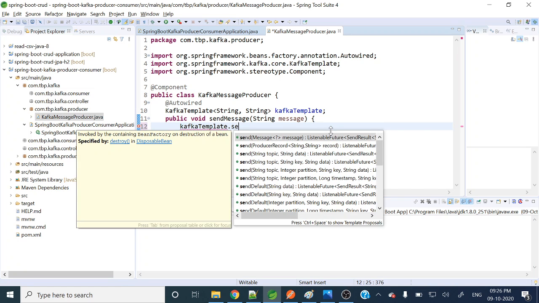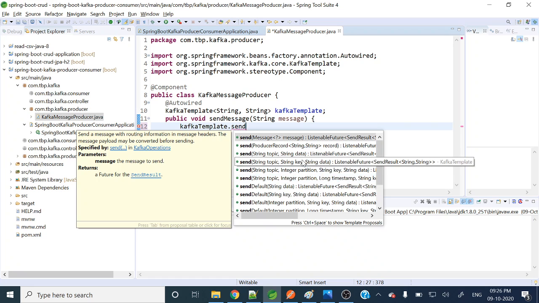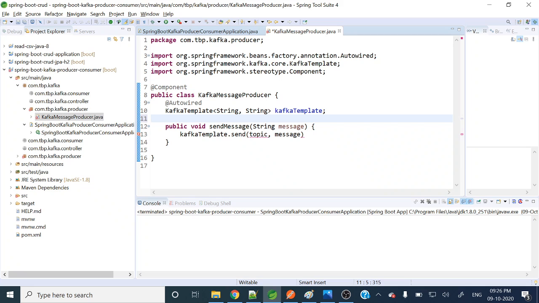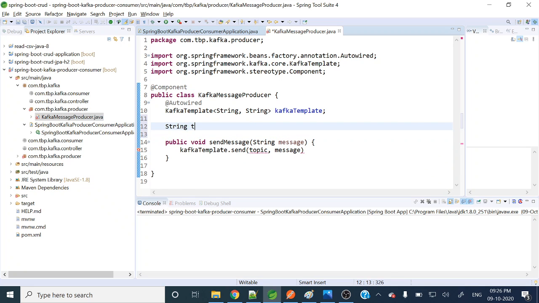So here we'll use send, topic, and data will use. Data messages are already there, and topic will be read from application.properties, right? So let me take one attribute, String topic, and we'll read it from the properties file. Directly we can hard code the topic here as well, but it's better we read it from application.properties,